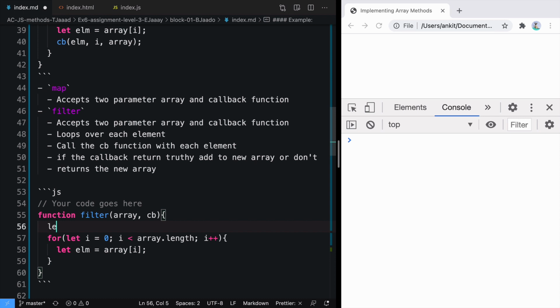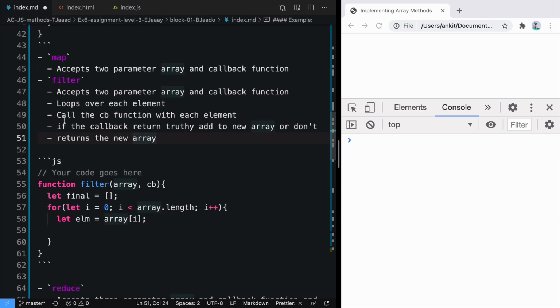And here we'll loop over each element. We'll create an array called final that will be an empty array. Here the next step says call the callback function. So we'll call the callback function with three values, that is element, index, and array. If it returns true or a truthy value, I have to push it, otherwise not. So I'll wrap this into an if statement, because an if statement only executes if the value here is true or truthy.